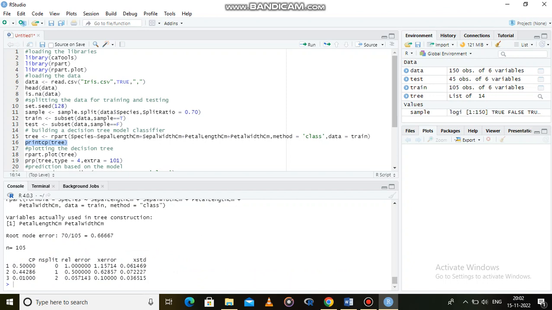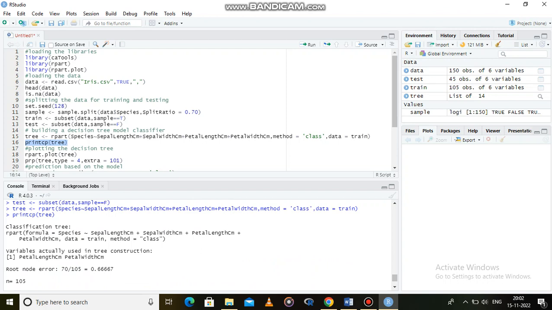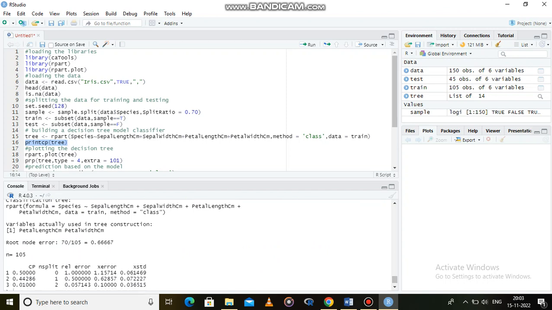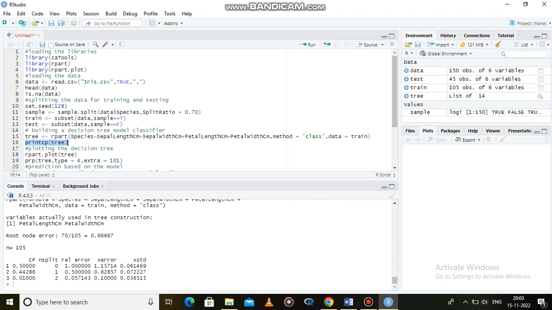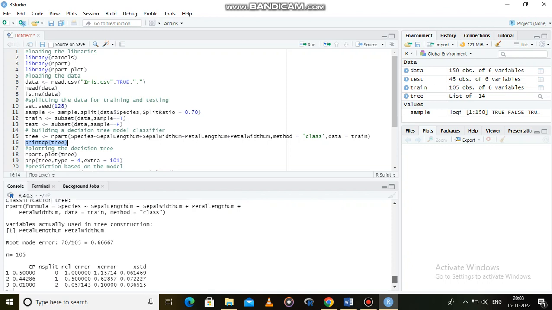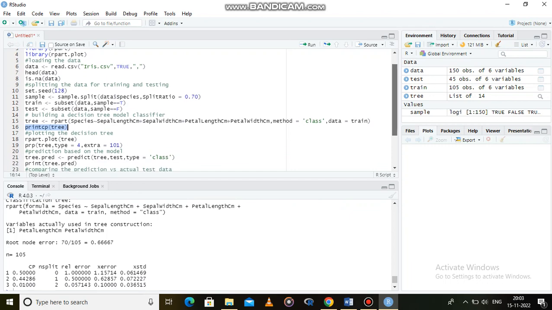Here we can see that we have used Species, which is the variable we're trying to predict, on all of the variables, and we have used the training data which we already assigned to the variable train. The variables actually used in this tree construction are petal length cm and petal width cm, and there is the root node error and the number of observations, which is 105, and all these details here. Then we can go and plot the data here,